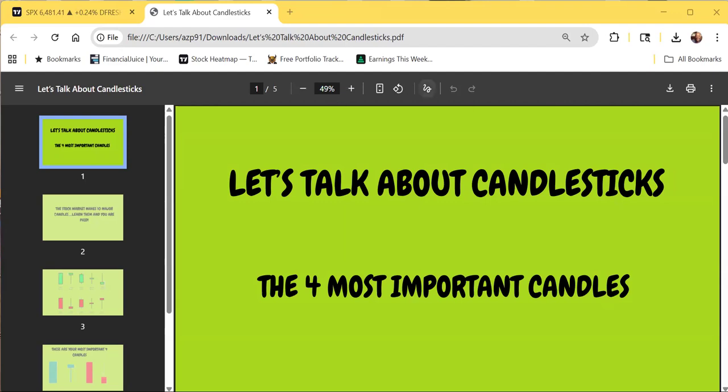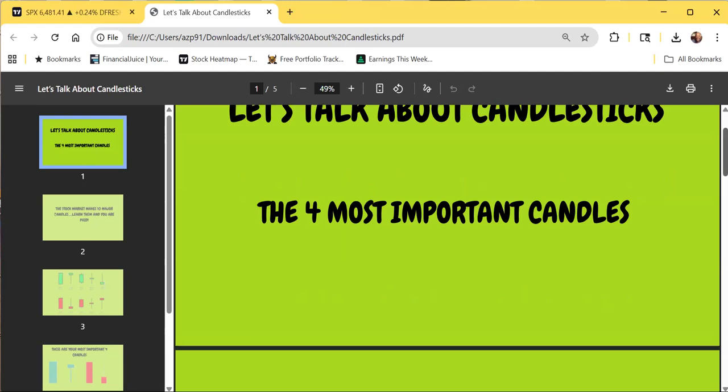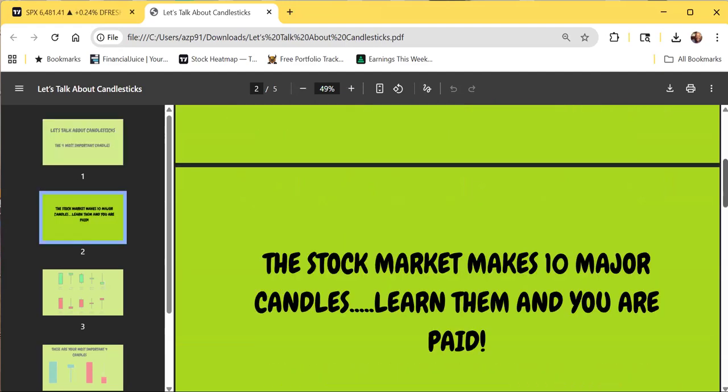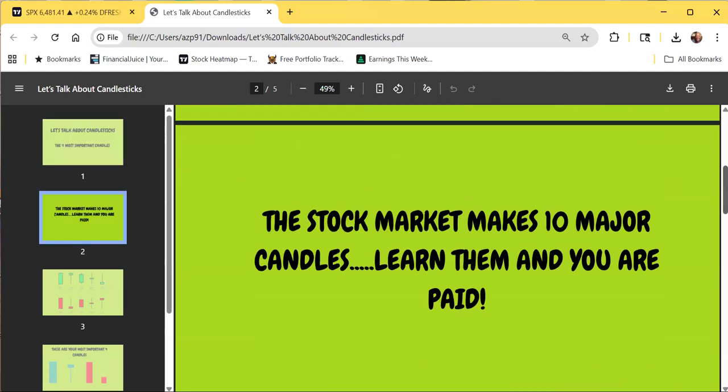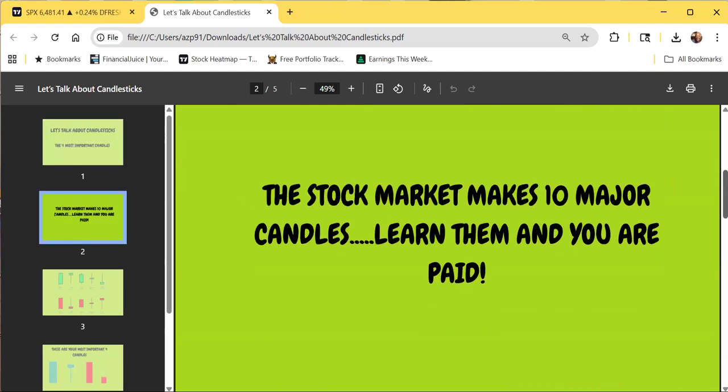Let me see. So basically, let's talk about candlesticks. I have just 3 slides today, and I just want everybody to understand the 4 most important candles, and I kind of want everybody to understand that basically the stock market does make